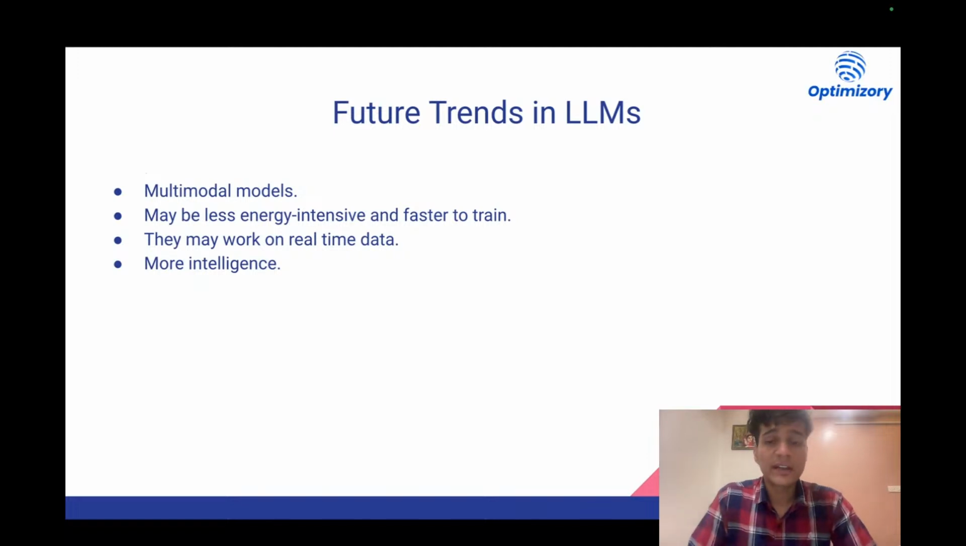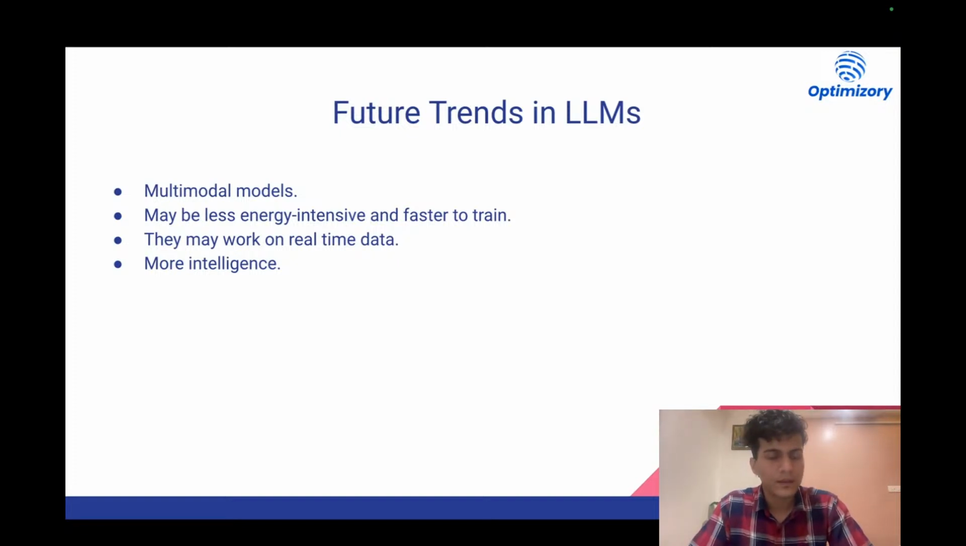Now let's see the future trends in LLM, which means what can we expect from LLMs in future. So first of all, multimodal models. As I told you, LLM only works on textual data, but in future we may expect it. Not in future, we already have models. ChatGPT accepts images and videos as input. So companies are actually investing heavily in such developments, and we already have multimodal models which accept images and videos